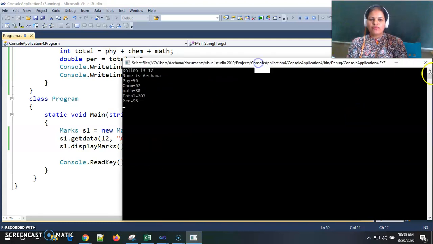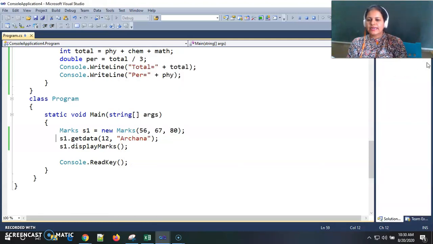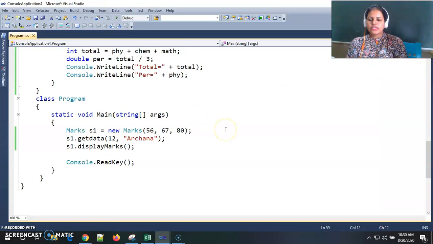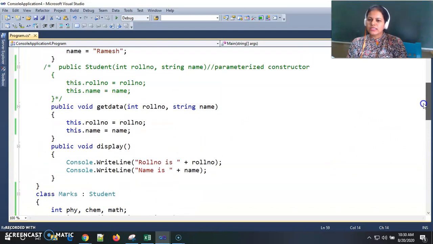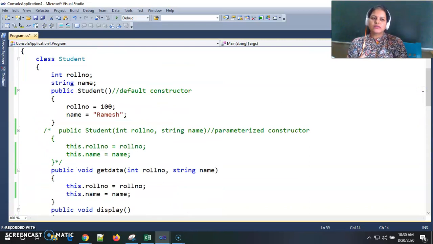If I am not forcefully calling this get data function, then what is the sequence of calling the constructor? Now if I am removing this line, what happens while creating the object of derived class? If there is a constructor inside base class, then that base class constructor will be called first.